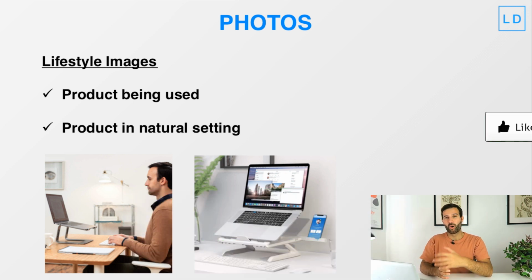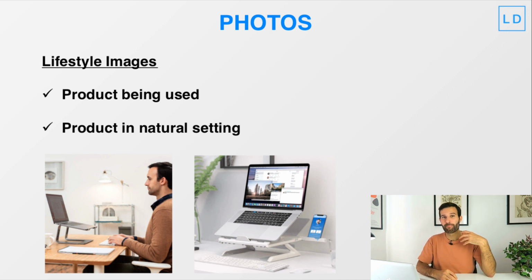lifestyle images. They'll often just Photoshop the product into a random setting, but you and I both know that it is so obvious when Photoshop's been used. It looks really cheap, it looks tacky. So to get a competitive advantage on your competitors, I highly recommend investing the money in getting proper lifestyle images